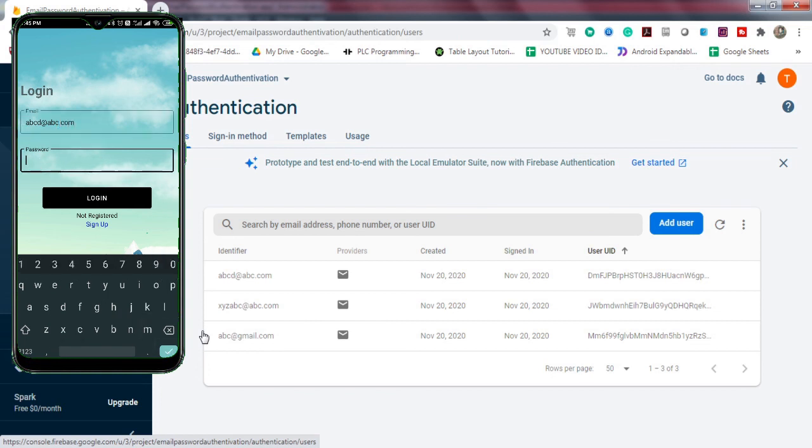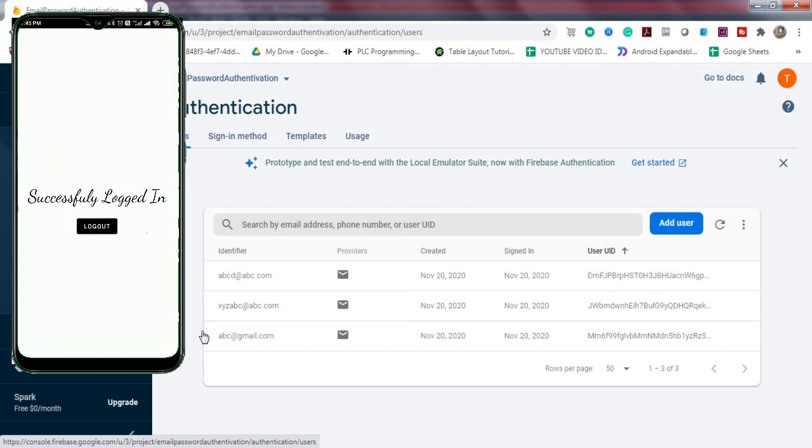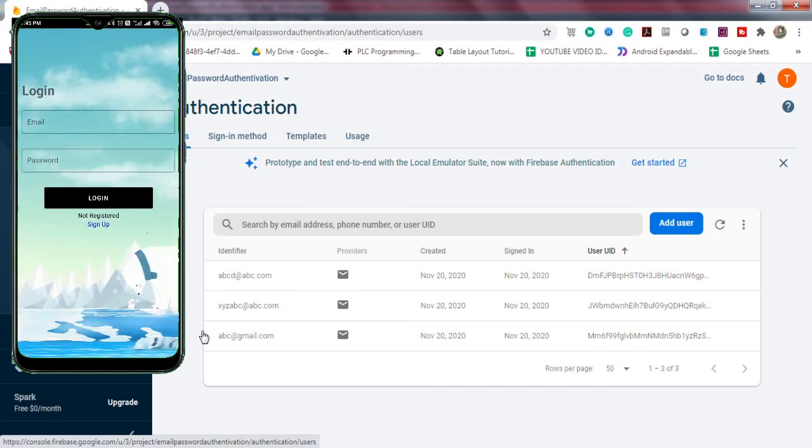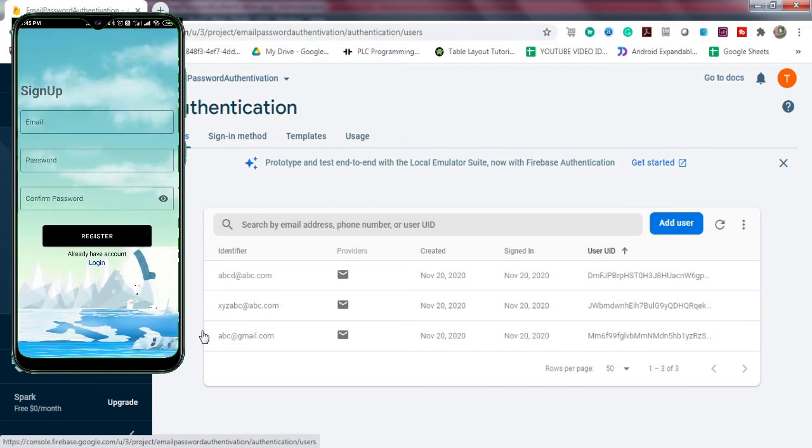If I put the password 12345678 and now click on this login button, you can see it says successfully logged in. Now if I click on this logout button, we are logged out of this page. If we click on this sign up, we are redirected to this sign up page. So I guess we have successfully implemented the backend code and the front end code for the login page as well.